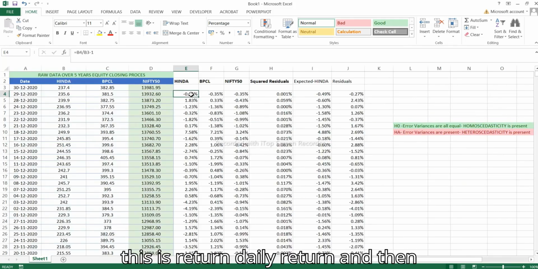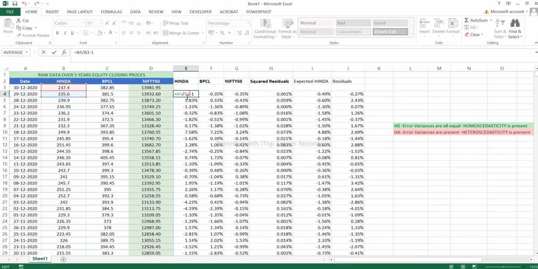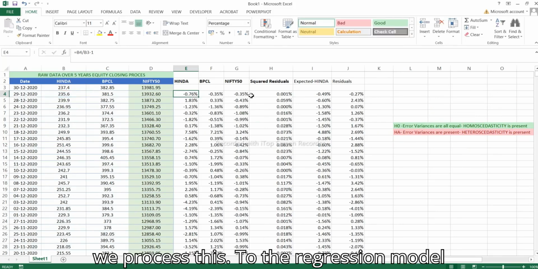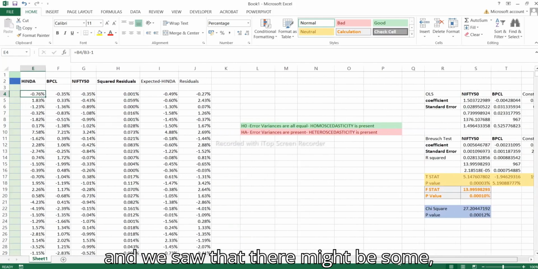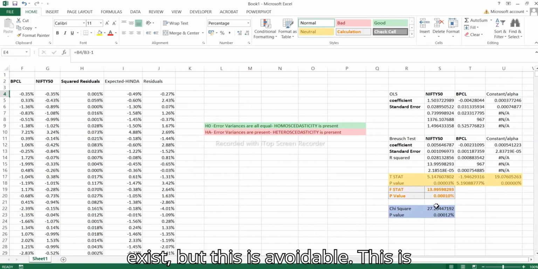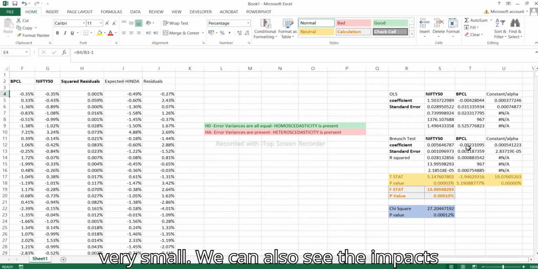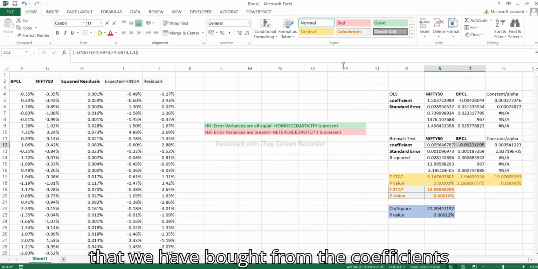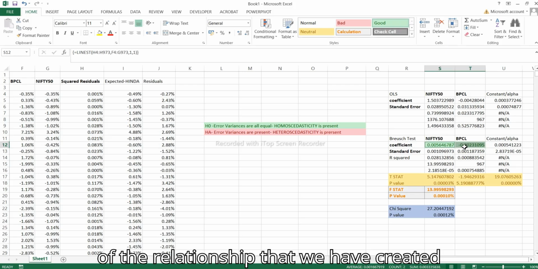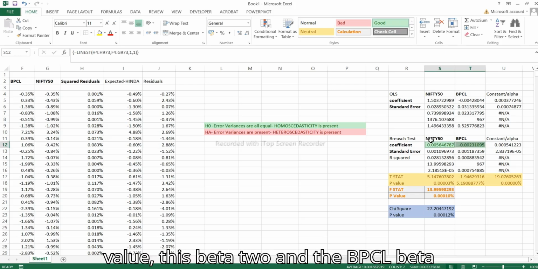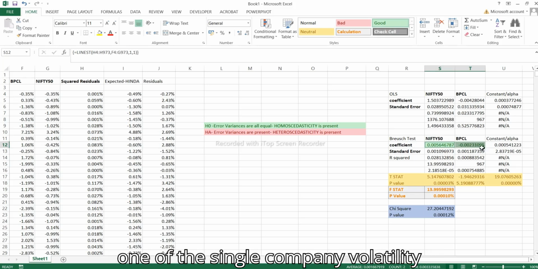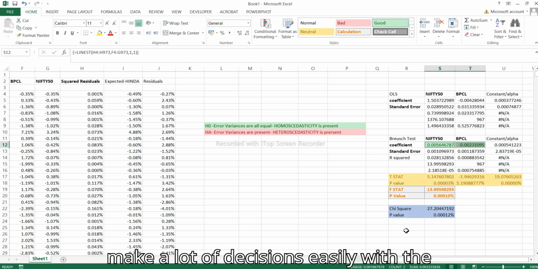This is return, daily return, and then we process this to the regression model, and we saw that there might be some relationship exist, but this is avoidable. This is very small. We can also see the impacts that we have got from the coefficients of the relationship that we have created with the volatility of the Nifty 50 value, this beta 2, and the BPCL beta 1 of the single company volatility. Right? So I hope this way you can make a lot of decisions easily with the big set of data